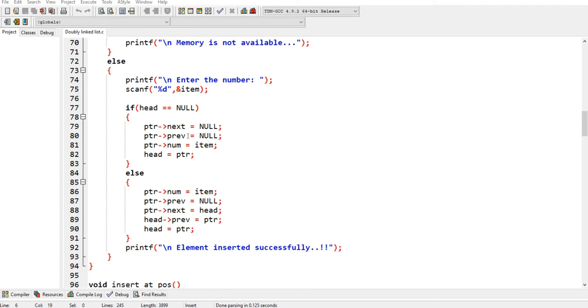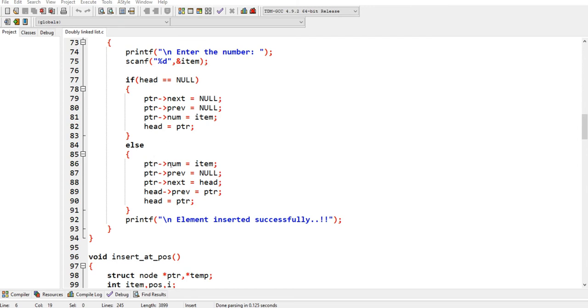After that, when we create a node and again want to insert before the first node, then the ptr's num is equal to item, which will point to the node before. Afterwards, ptr's previous will be null, ptr's next will point to head, head's previous will point to ptr, and head is equal to ptr.